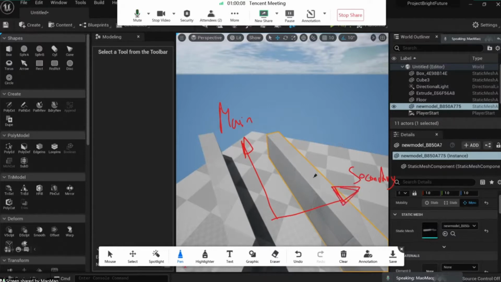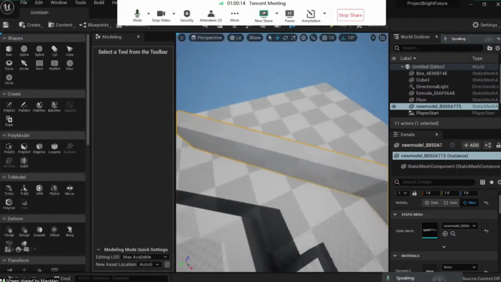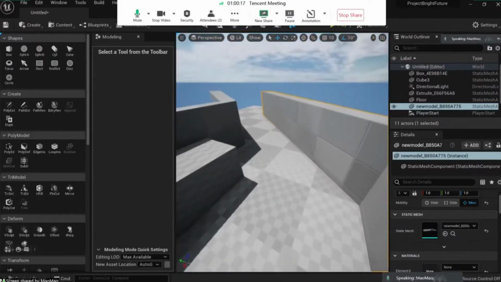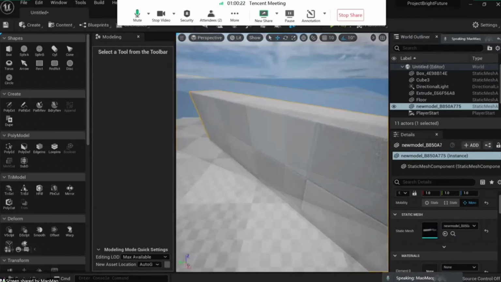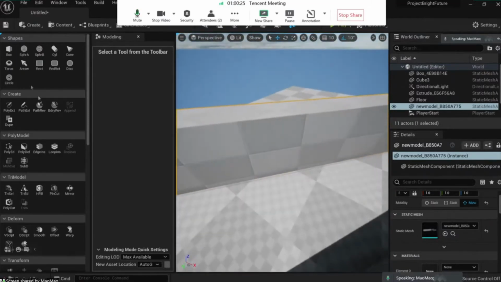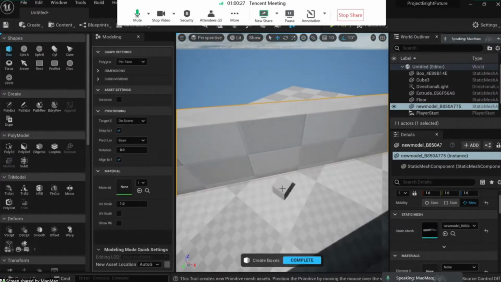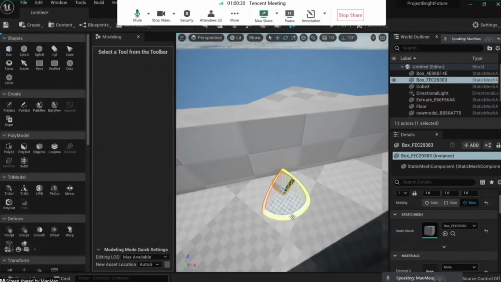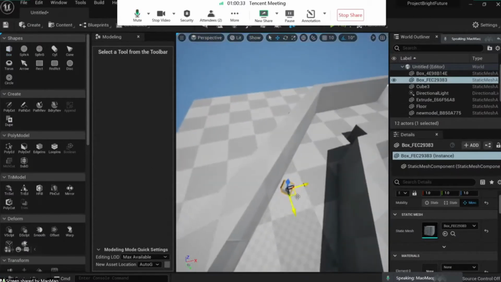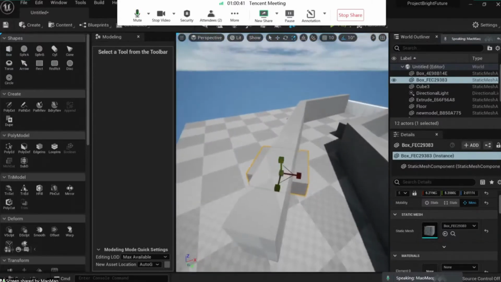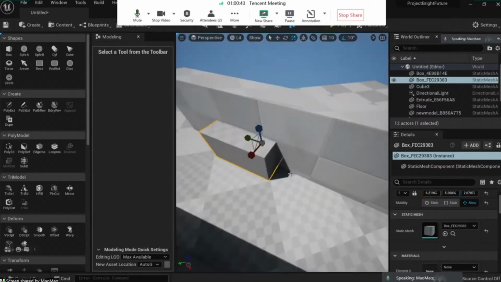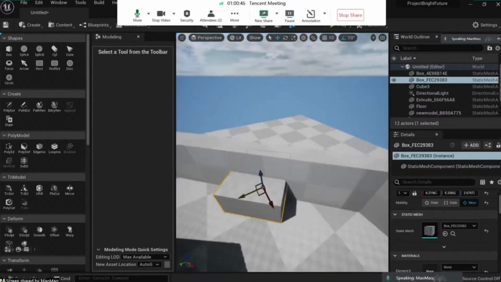Okay? So the way we're gonna do this is that we are going to create an entrance here. And we're gonna do it very easy. I'm gonna grab a box here. Okay? I'm gonna put it here. And what I will do is to extrude this. If you remember BSP brushes, you can actually have additive and subtractive elements. And what I can do is to move this one here,